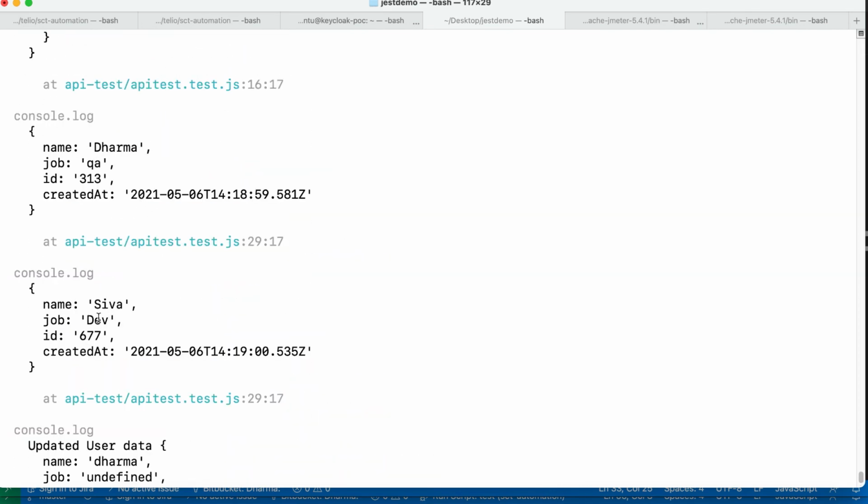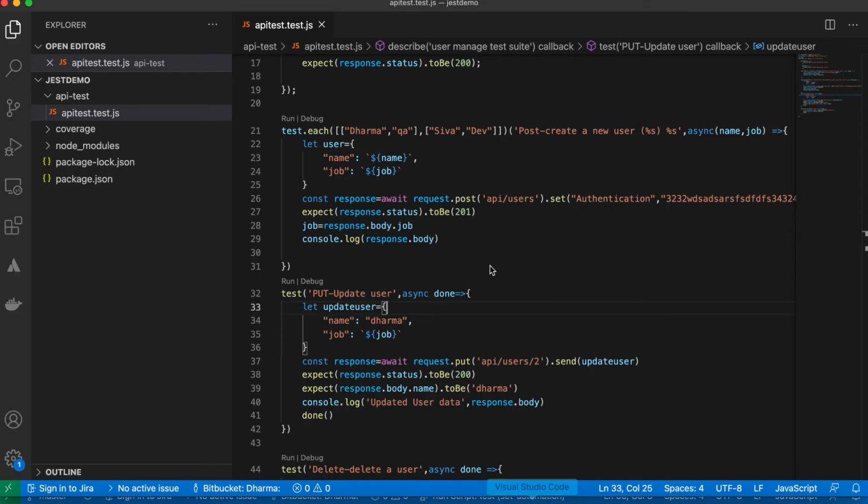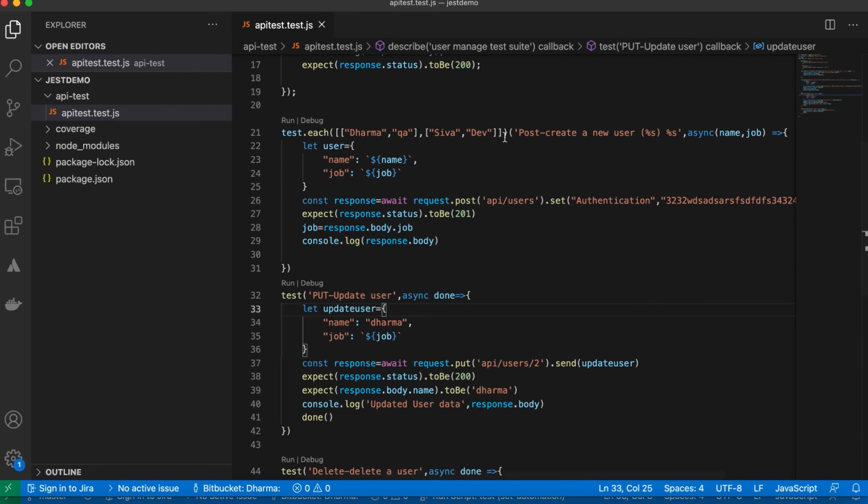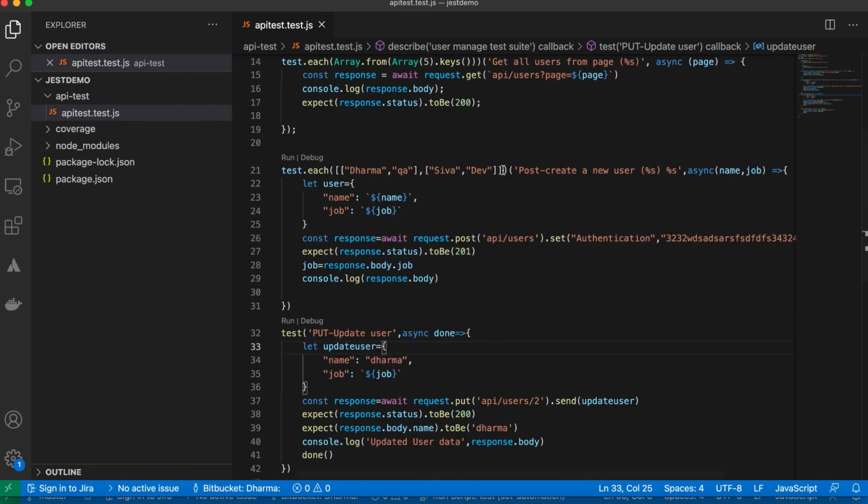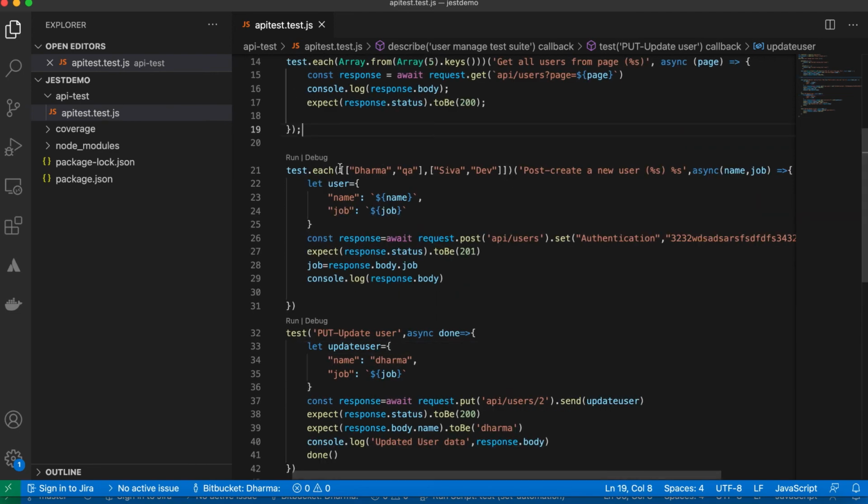Even here it was passing QA and Dev. So like that you can create as many as you want, just move it as a variable, and we'll just write users. Okay, that users you can call here.